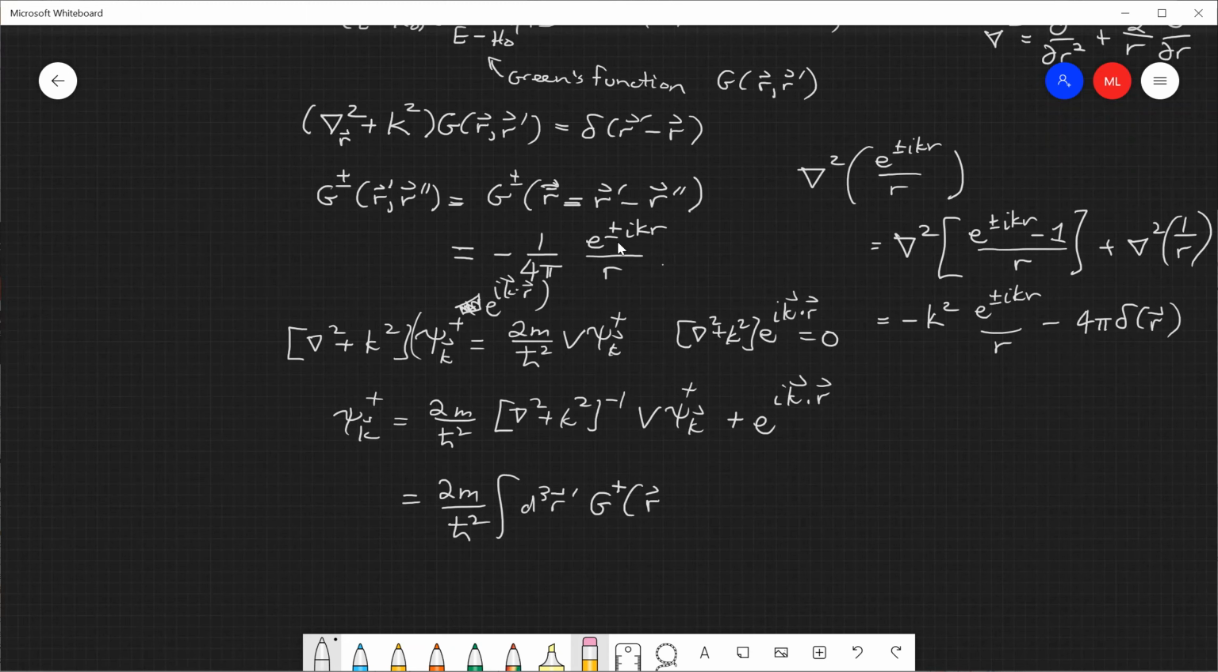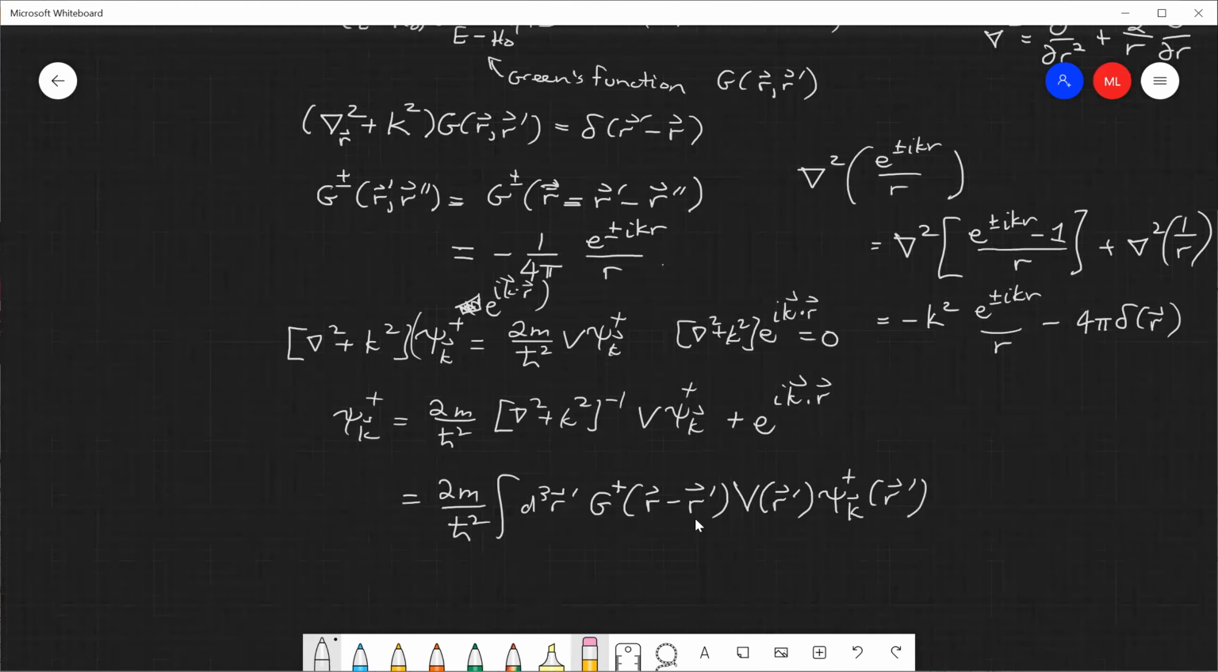Then, of course, it only depends on the difference between the 2 indices, and you sum over the second index as you would in matrix multiplication. Then the V, of course, is diagonal in coordinate representation. So this just looks like that. And of course, this is all acting on the wave function